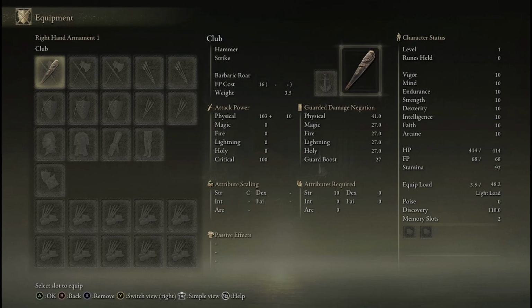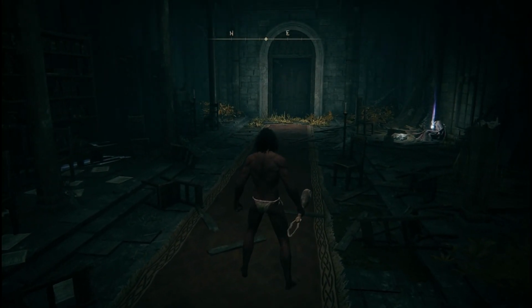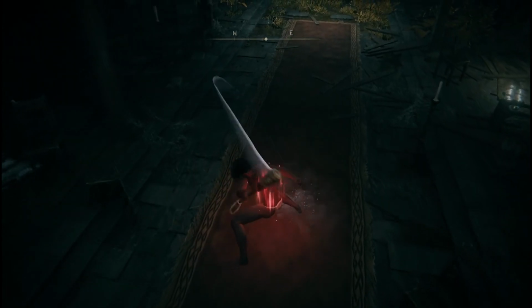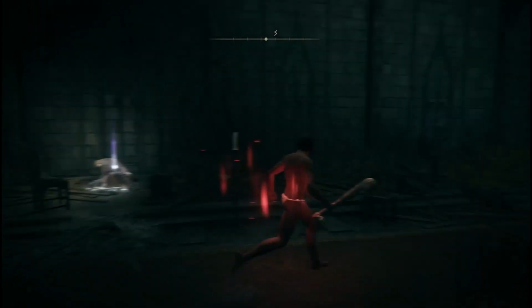It does have quite a good effect though. If we jump out of here, so yeah. Right, and then we can do. Yeah, it's quite aggressive. That's your basic strike. Right, let's